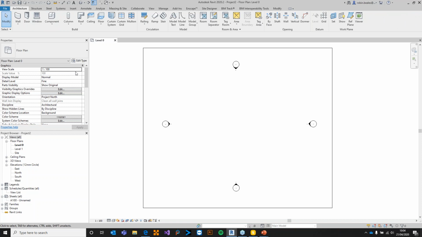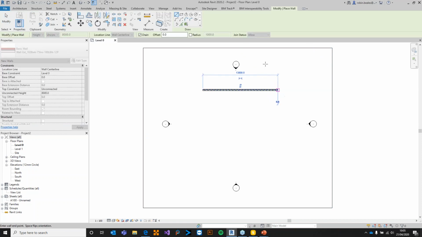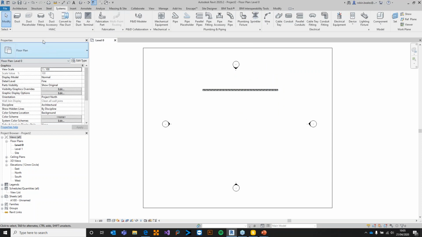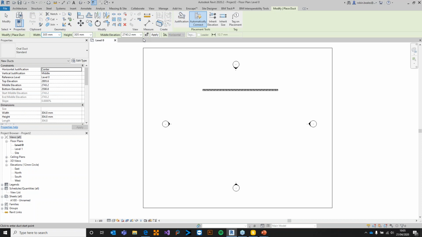So for the purpose of this, I'm going to be really transparent and just keep everything nice and fresh. So I've got a completely plain out-of-the-box Revit family. I'm just going to draw an architectural object. I really don't care what it is. I'm going to draw a wall. I'm going to draw a MEP object. Again, I don't care what it is. I'm just going to put a duct in for this particular